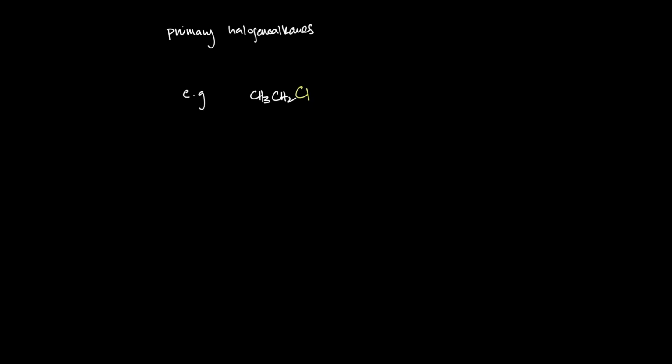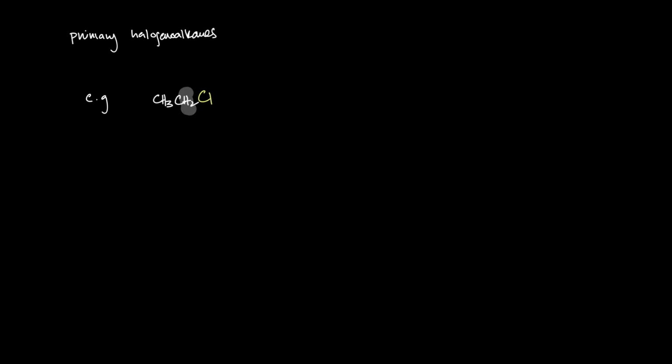This is a primary halogenoalkane because the carbon that's bonded to the chlorine is bonded to just one other carbon. It's a primary halogenoalkane because the carbon bonded to the chlorine is bonded to two hydrogen atoms and one carbon atom. When we talk about secondary halogenoalkanes,